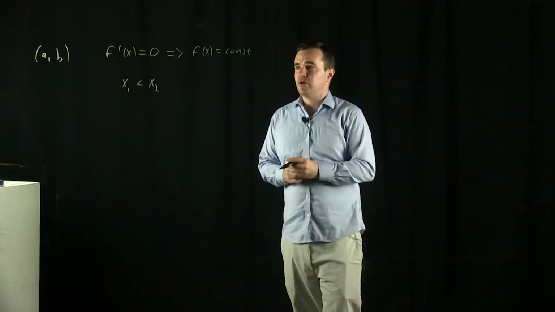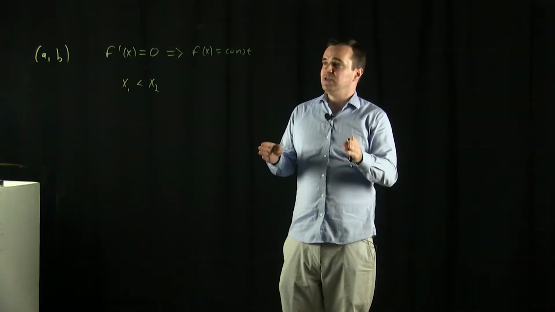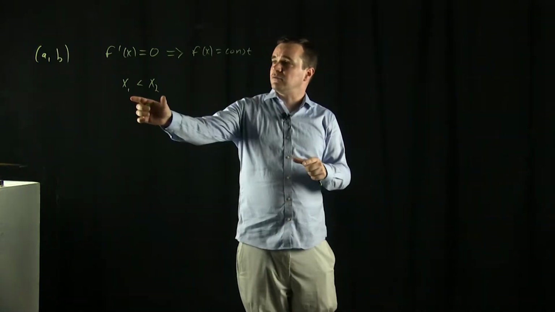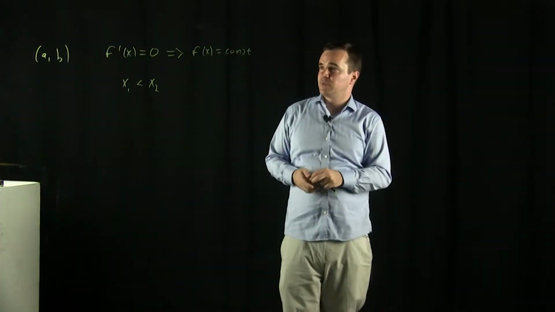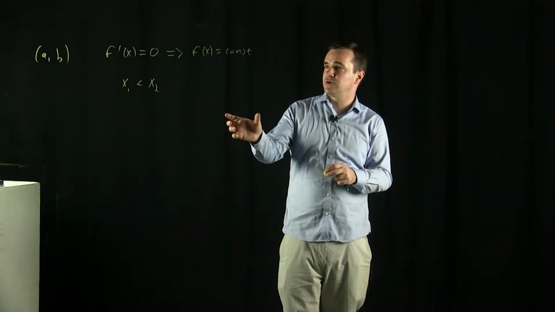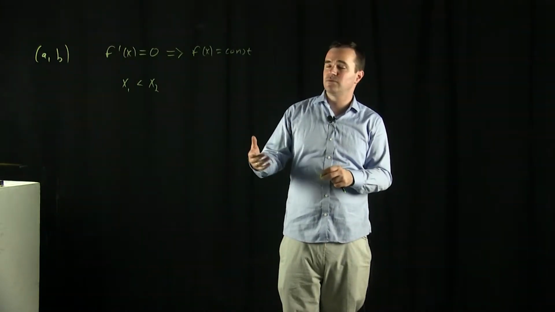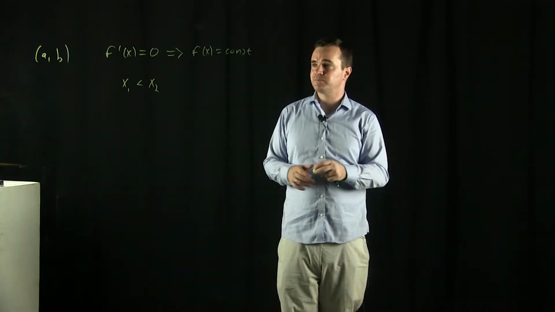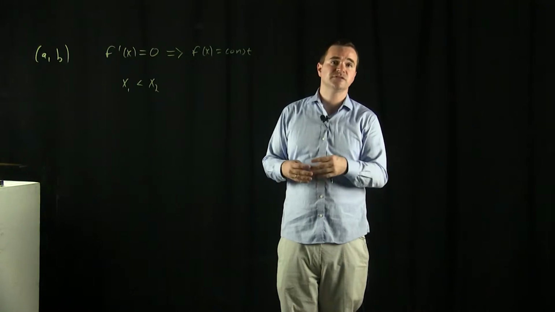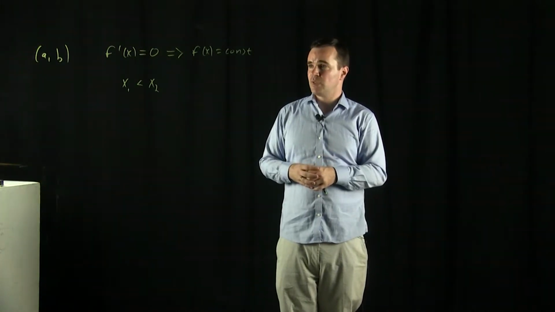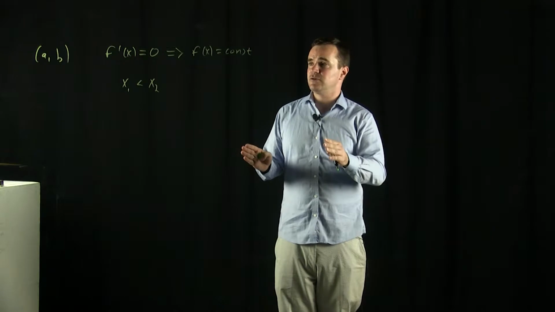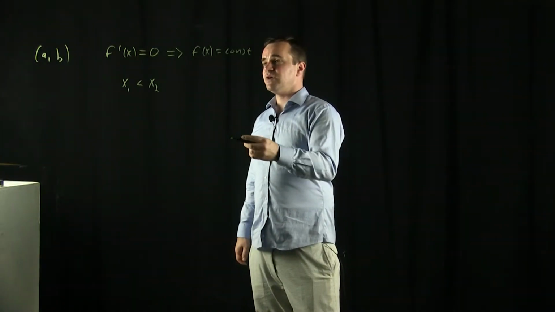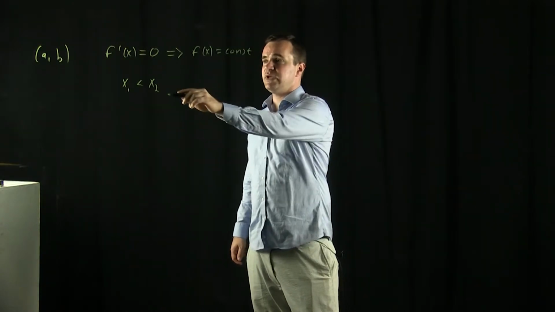And make sure they're actually different points, so they're not equal. And then I'm going to apply the mean value theorem to the interval from x1 to x2. And so we've got a function that's differentiable from x1 to x2. If you're differentiable, then you're continuous. So it satisfies the hypotheses of the mean value theorem. When I say hypotheses, I just mean assumptions. And so if I apply the mean value theorem to this interval from x1 to x2, what I'm going to get is that there must exist a point c in between x1 and x2